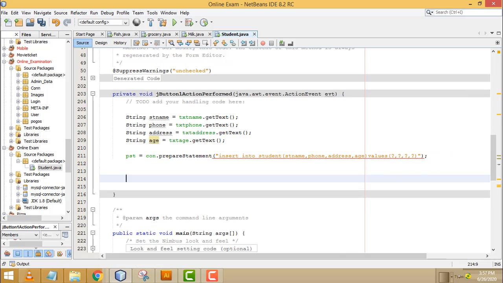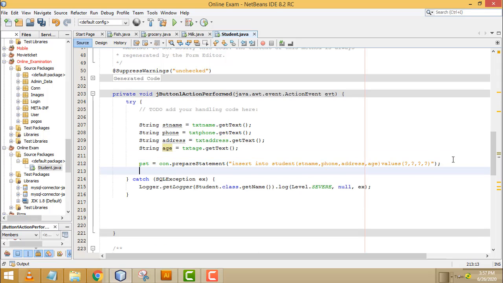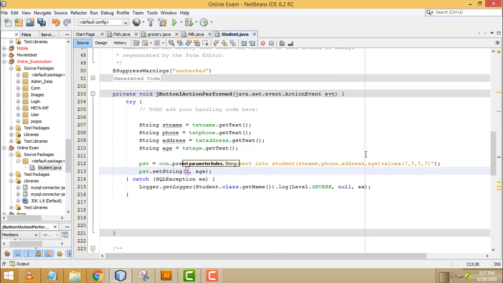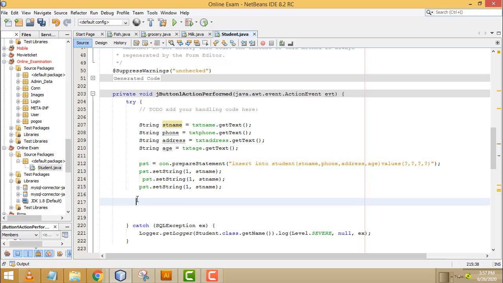After that, what I am going to do is surround it with the catch block. Now here I have to write PST dot setString 1, ST name. After that Control C to copy, Control V to paste here. Second one should be phone. Third one address.